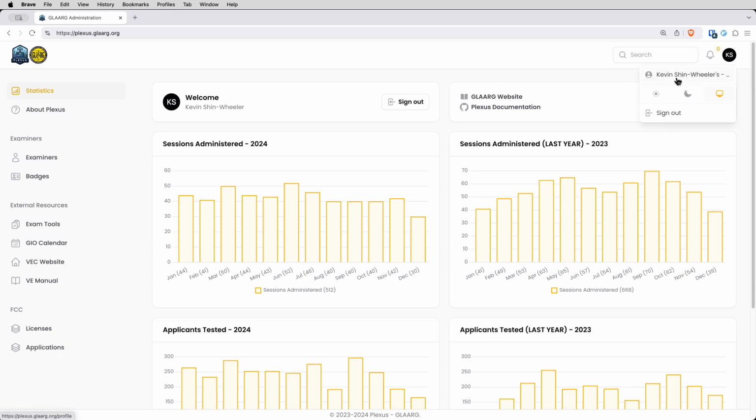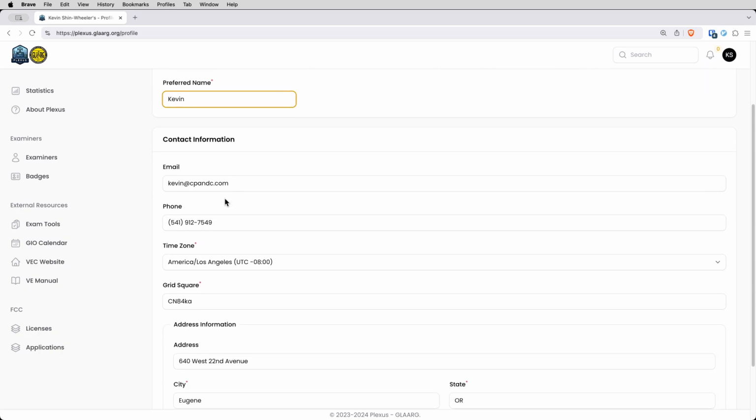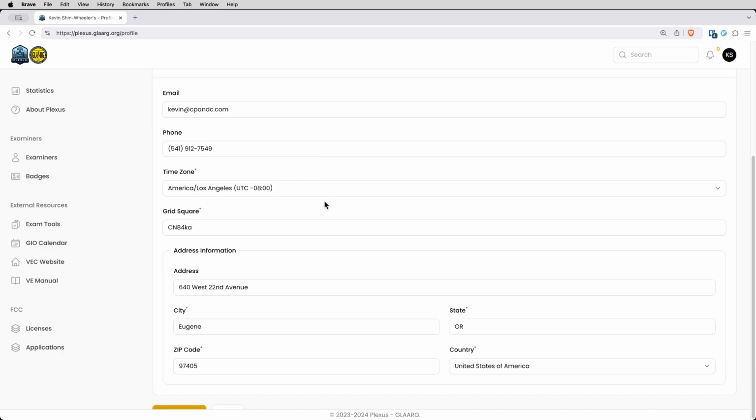Now I'm going to click on my name here, my profile, to look at my information. So this is the information from both ULS and what I provided on my accreditation application. So here's my name. You can't change your name here, but you can update or change your preferred name. So here's my contact information that I provided again on the accreditation application. Email and phone, and this address down here, I believe is from ULS, and the time zone and grid square here